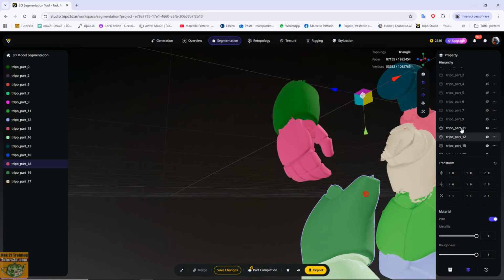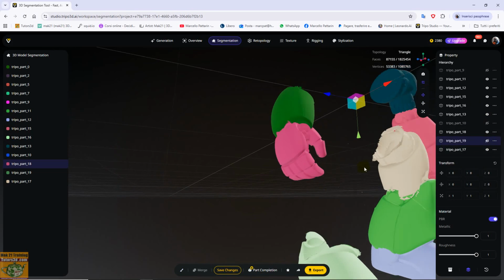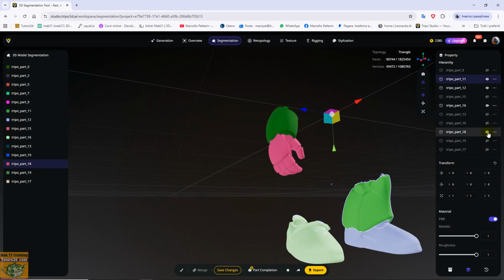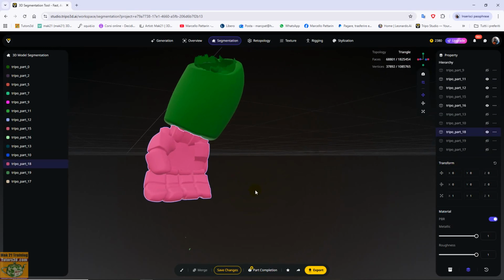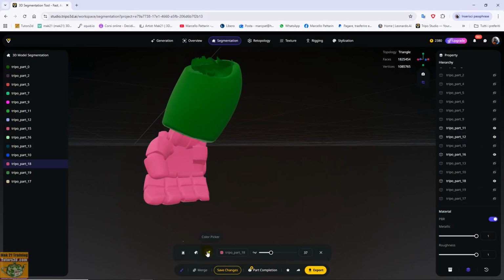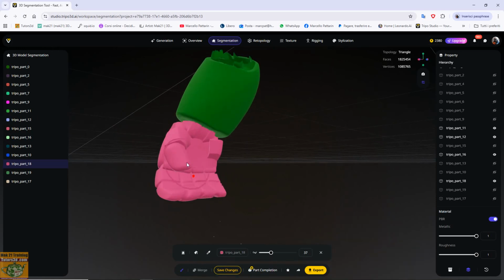Then go and hide these items, because otherwise maybe they are all things which could bother us. So here we have these two elements. Let's go inside the brush. We are still on this element. Let's try to paint the hand better with a brush.